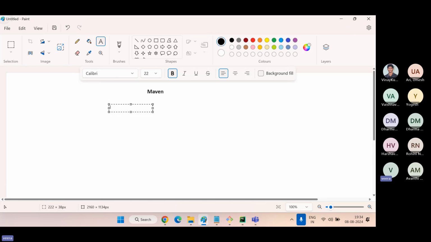So Maven is a build automation tool, guys. Maven is a build automation tool. It's not a DevOps tool. It's a developer tool. Maven is a build automation tool. So the use of Maven is